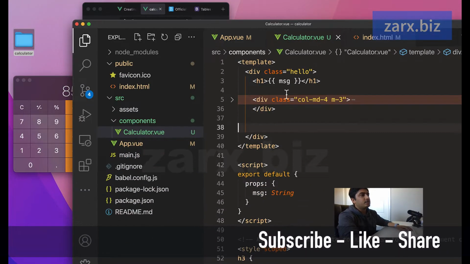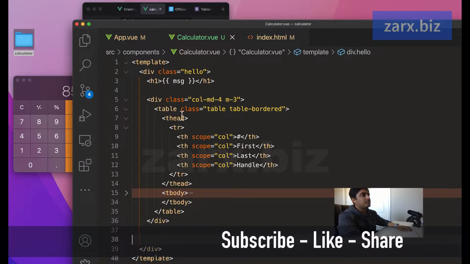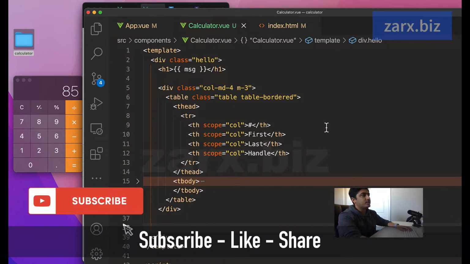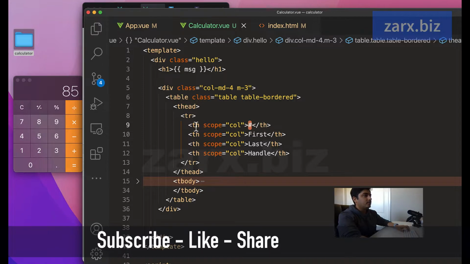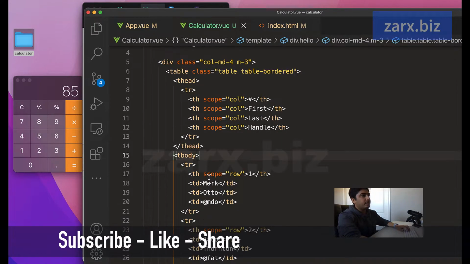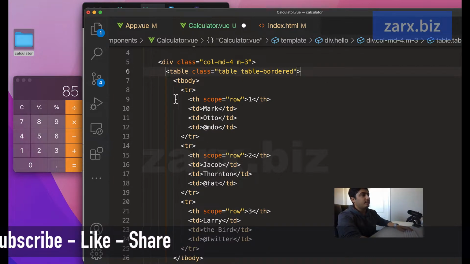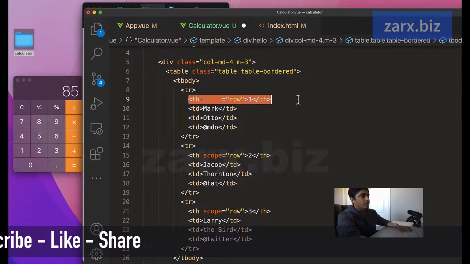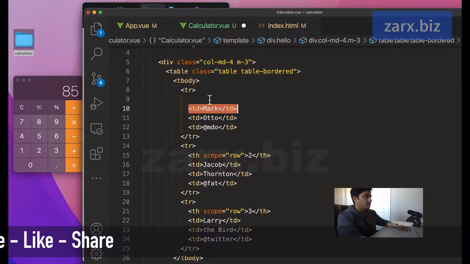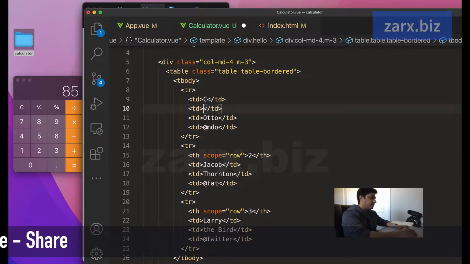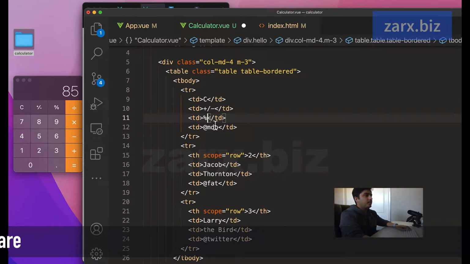So let's do that. So here I expand this, and we're going to do it one by one. So first is C, so we need to pass here. So first here we have table head and table body. I'm going to remove the table head so that it doesn't look different, and we're going to start with the table row. So I'm going to remove this too. Just going to copy TD here first, and it's going to be C. Then we have a sign plus and minus. After that we have percentage, and then we have the